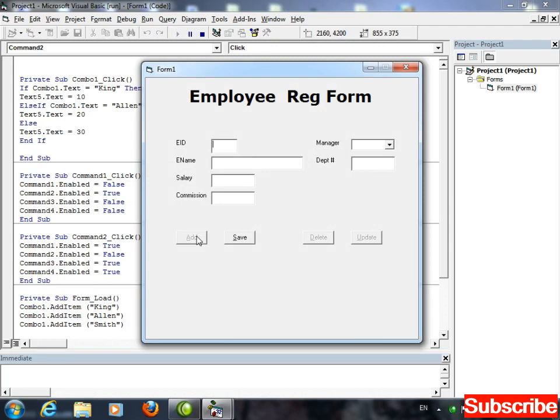Add, okay, that's fine. Now as I click on the Add button, right now I cannot perform any operation, I can just add a record, and once the record is saved, after this you can delete a record, you can update a record, you can add another one, right? Okay, after this,